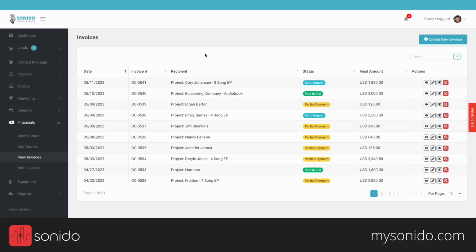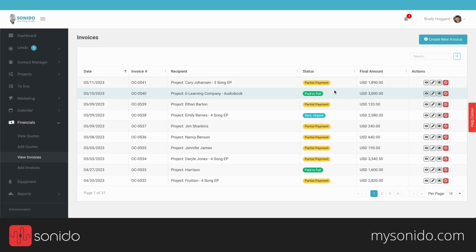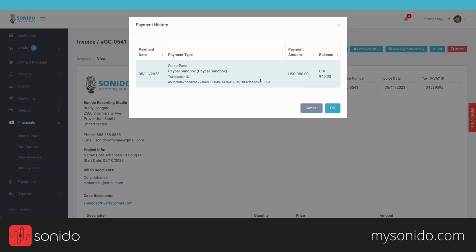Now here within Sonido, after we refresh the screen, we should see that the status of this invoice updates. Let's go ahead and refresh that now. Now that invoice shows as a partial payment, which is perfect. If we open up this invoice, we've got some options up above, such as view the payment history. From here, we can see any payments that have come through, and we can see the amount of those payments. So here's the date. We see that this one was paid through PayPal for $950, and there's his remaining balance,